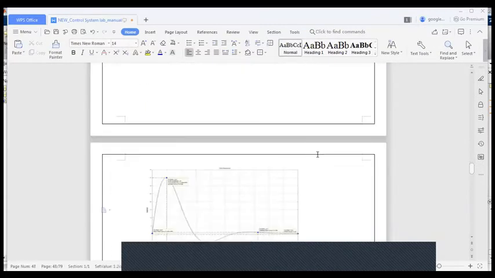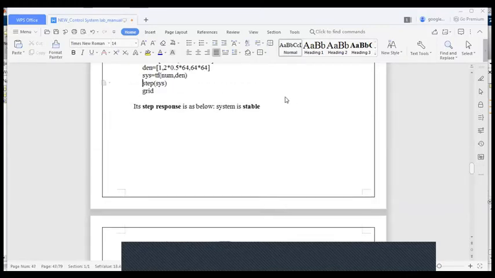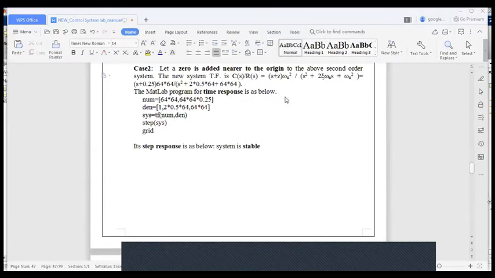So how do you reflect it? In the numerator, it has to be s plus z. It will be reflected as s plus z in the numerator. z means you are adding a zero. So in the transfer function, you have to reflect it in the numerator. So s plus z into omega n square. Other parts remain the same. In the denominator, with respect to the original function, it is the same: s square plus 2 zeta omega n s plus omega n square. Now after you substitute the values, z is here at s equal to minus 0.25, we are adding a zero.